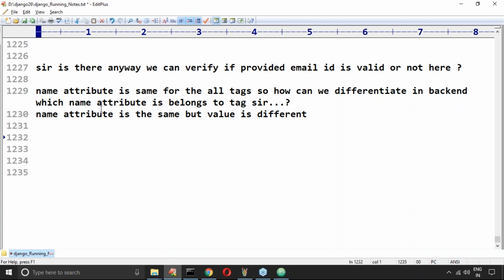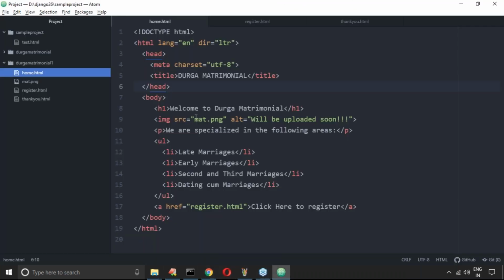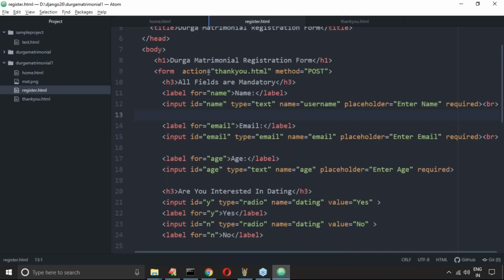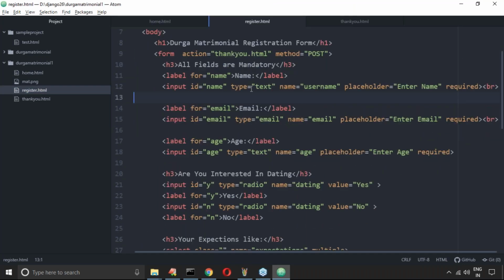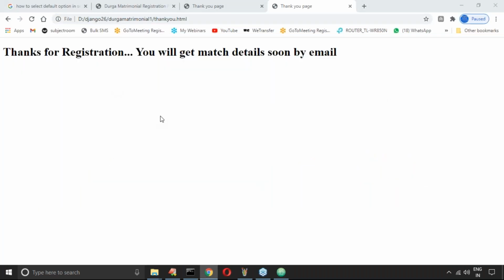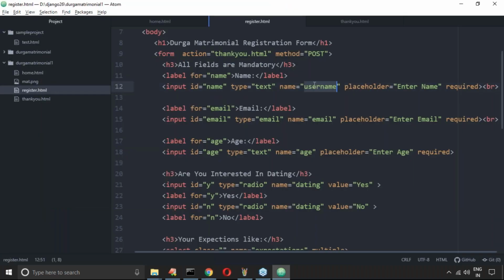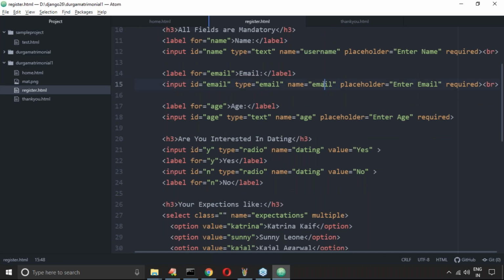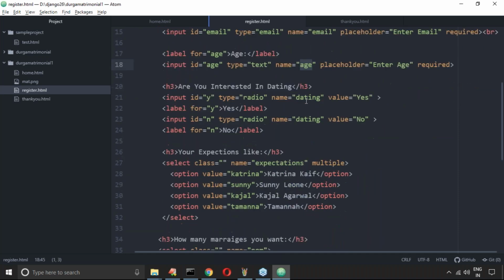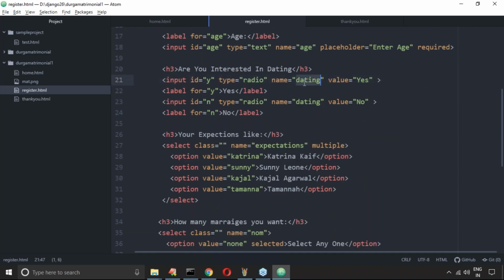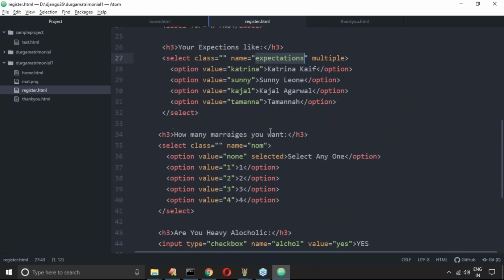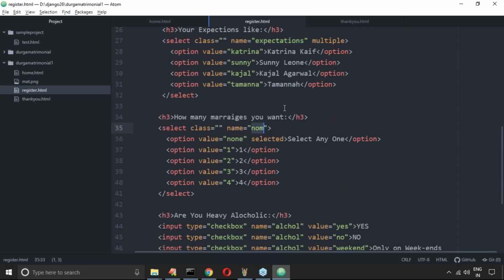In the registration form, the username field's name value is username. If you want to get the value entered by the user, you have to use getParameter of username, getParameter of email, getParameter of age, getParameter of dating, getParameter of expectations, getParameter of num.